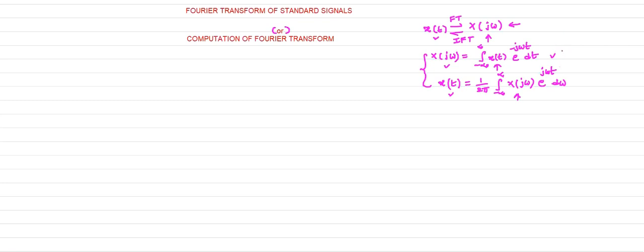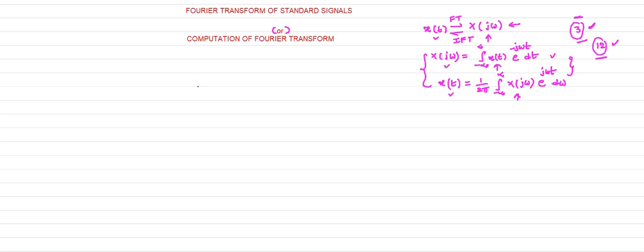Using the two formulas, I think we already completed three properties of the Fourier transform. We'll discuss the properties later. I already uploaded the remaining properties, so in your free time you can watch those videos. Remaining we have almost 12 or 13 properties. Up to the previous class we completed three properties. You can learn the remaining properties using these two formulas by watching the videos.